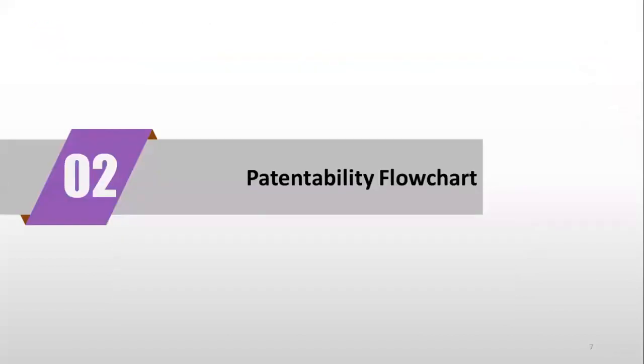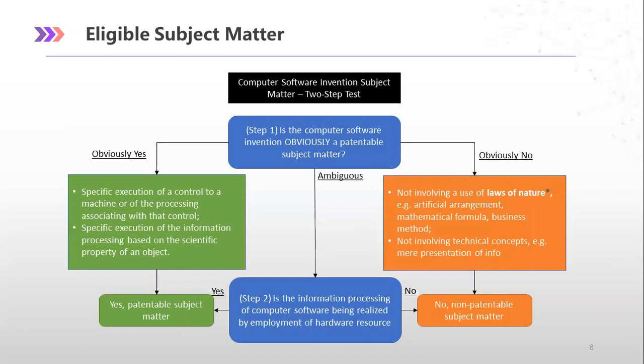Okay, now we move on to the chapter amendment and see what is exactly new. Patentable subject matter is a major point of change, introducing a new flowchart. In this two-step chart to determine eligibility, the first inquiry is whether the software invention is obviously a patentable subject matter. If the invention is one of the two types, as you can see indicated in the green route,